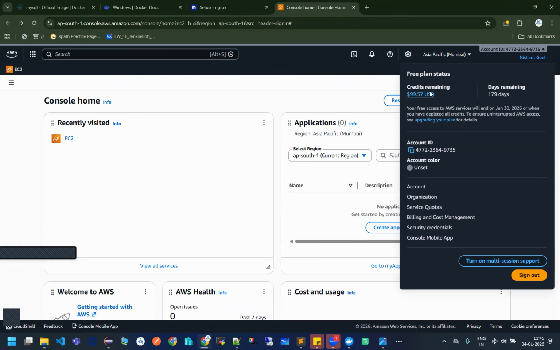Can you see? Around 100 USD dollars. So I have used some. And these are the days remaining that I can use this account for free. After that, they'll be charging me around 15,000 rupees. That is why I'm saying be vigilant. Fine. This is my account, ID already created from them. Okay. Now,